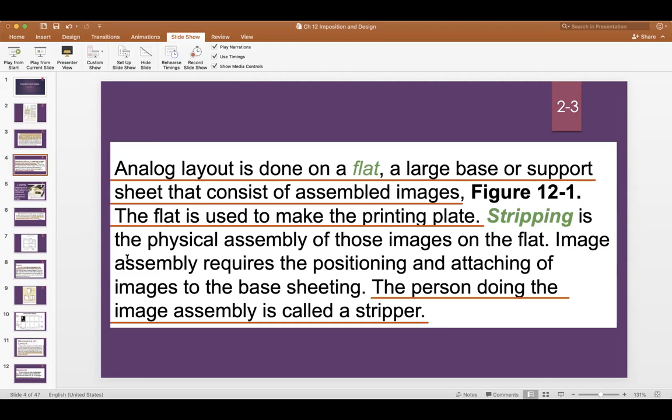So stripping is a physical assembly of images on a flat. This is talking about pre-computers, the type of printing world my father worked in when I was just a wee lad, actually barely at all, because pretty soon into my life, he was already working at Xerox, and the printing industry was already developing into a digital computer-centric model, the one that we're used to today. But prior to that,